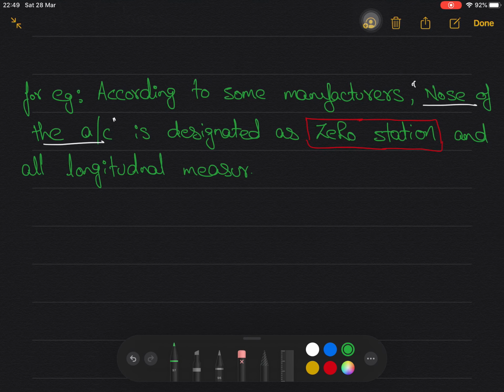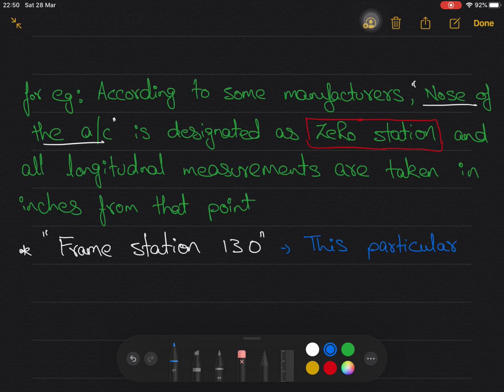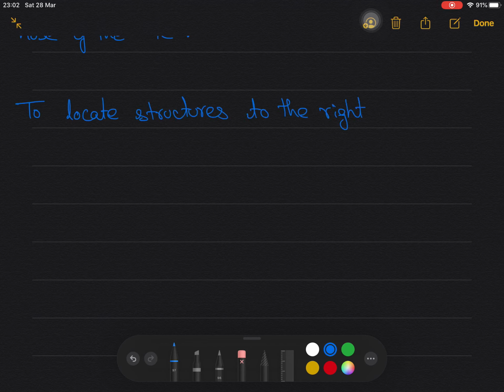For example, according to some manufacturers, the nose of the aircraft is designated as 0 station, and all longitudinal measurements are taken in inches from that point. Take frame station 130. This means that this particular frame station can be located 130 inches behind the nose of the aircraft. To locate structures to the right or left of the center line of an aircraft,